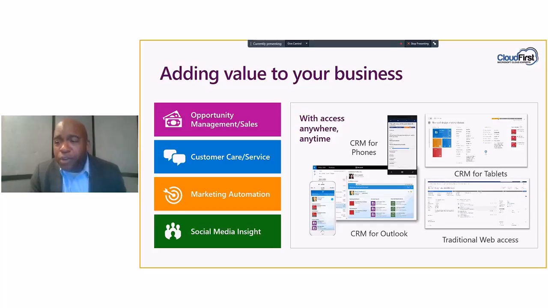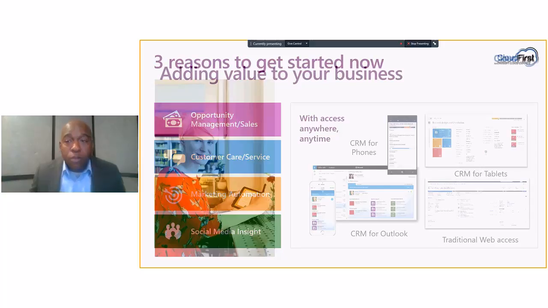As we mentioned earlier, you have the tools to take CRM at your own pace. It's a modular solution. Many CRM products are very modular, where you can put pieces in as you need them. Perhaps only selecting the sales portion of it initially, just so you can do opportunity management, and then later on adding customer service and marketing pieces to it. And so that's all what can be done.